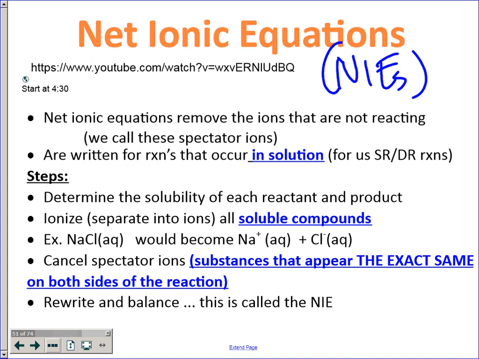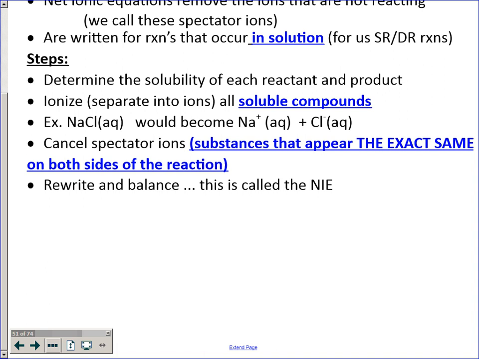2, you're only going to split which ones? The soluble, the aqueous. So if we can't remember soluble and aqueous are the same, this might help you dumb this down. Only split the aqueous things. Okay? And once you split the aqueous things, what are you looking for? You're looking for spectator ions, but how do you know they're spectator ions? They are literally exactly the same from beginning to end. So cancel